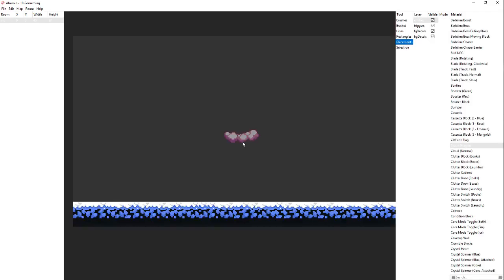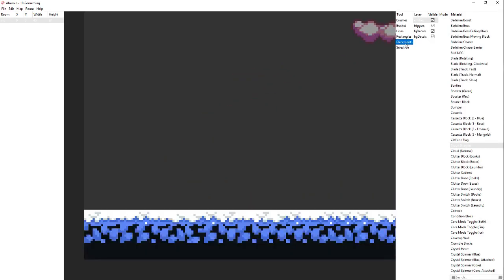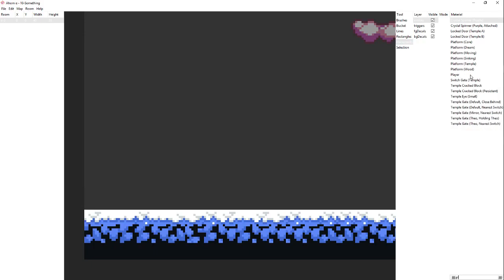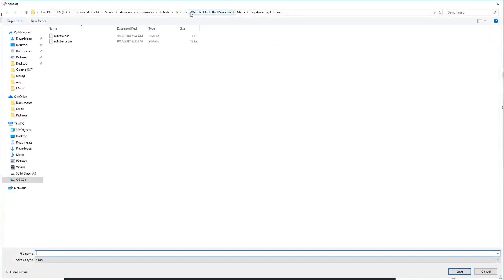I do not have the tile data. We want to add a player so we can actually spawn in properly, right? So we're going to put a player down, and we're going to name this. We're going to save this in mods, whatever you want, which we chose with maps, your map, and then we're going to save it as